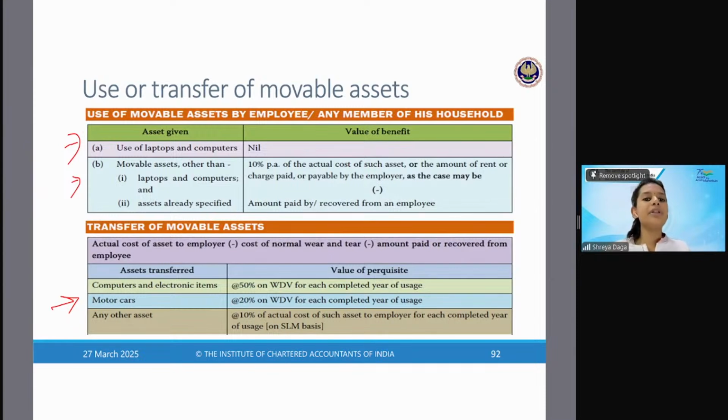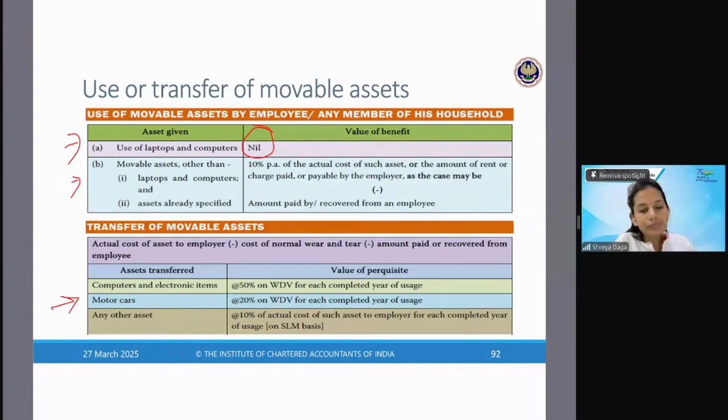If he gives you laptop, computer, if the asset is given, which is laptop and computer, then there is no benefit. लैपटॉप कंप्यूटर देने से कोई बेनिफिट नहीं है. कैसे याद रखेंगे मैम? लैपटॉप कंप्यूटर जब एम्प्लॉयर देता है ना, तो वो आपसे कैसे भी काम करा ही लेगा एंड इंश्योर करेगा कि आपको कोई पर्सनल बेनिफिट हो ही नहीं. ठीक है, इसलिए लैपटॉप कंप्यूटर देने को वो लोग खुद ही पर्सनल बेनिफिट नहीं मानते, वो टैक्सेबल परक्विजिट नहीं करते